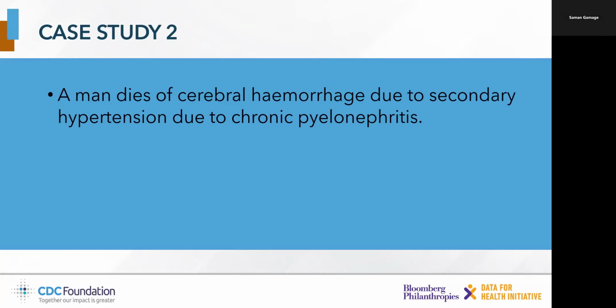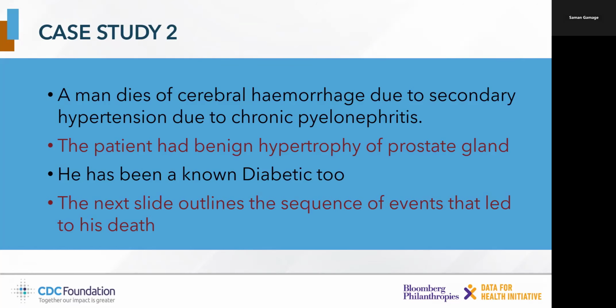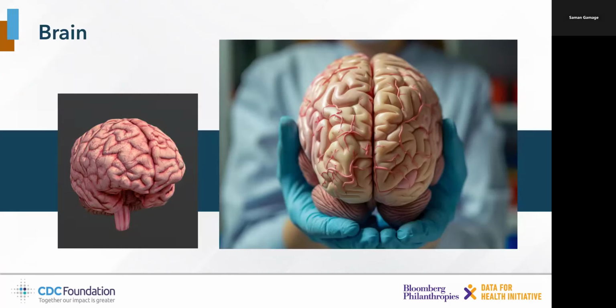Here is another case study. A man dies of cerebral hemorrhage due to secondary hypertension due to chronic pyelonephritis. The patient had benign hypertrophy of prostate gland. He has been a known diabetic too. And the next line, you can see the sequence of events that led to this death. And before that, I will explain some